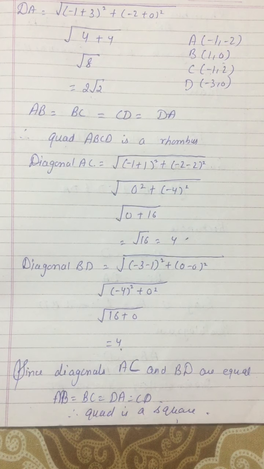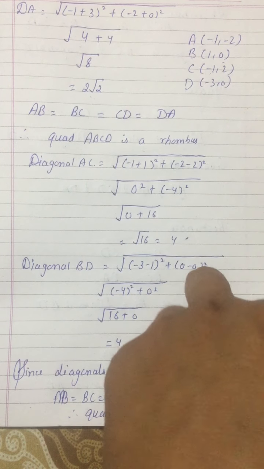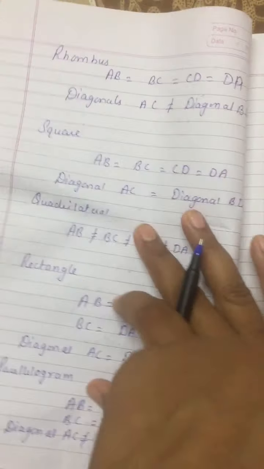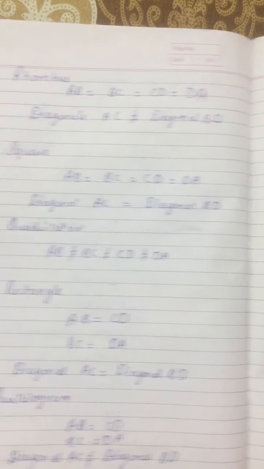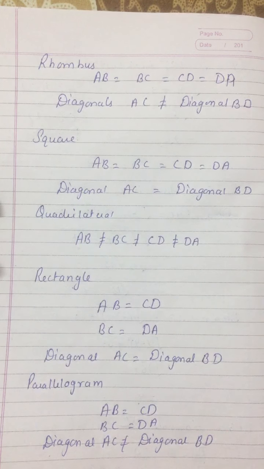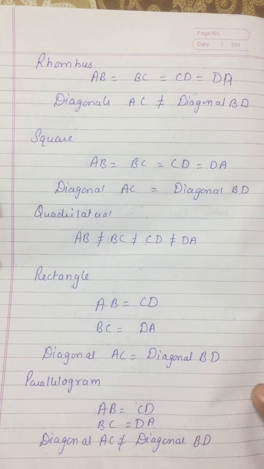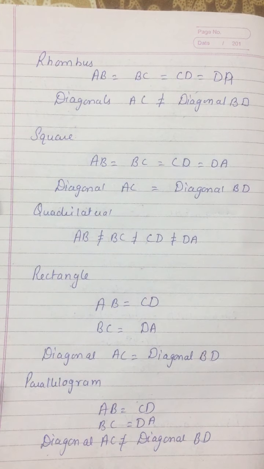Similarly, I am having various quadrilaterals. So I am going to discuss the various conditions for finding what type of figures are given. So what are the conditions? I have written some conditions by myself, that is not given in any book. So for your convenience, I have written on a separate page. So kindly please note it down in your fair notebooks also.